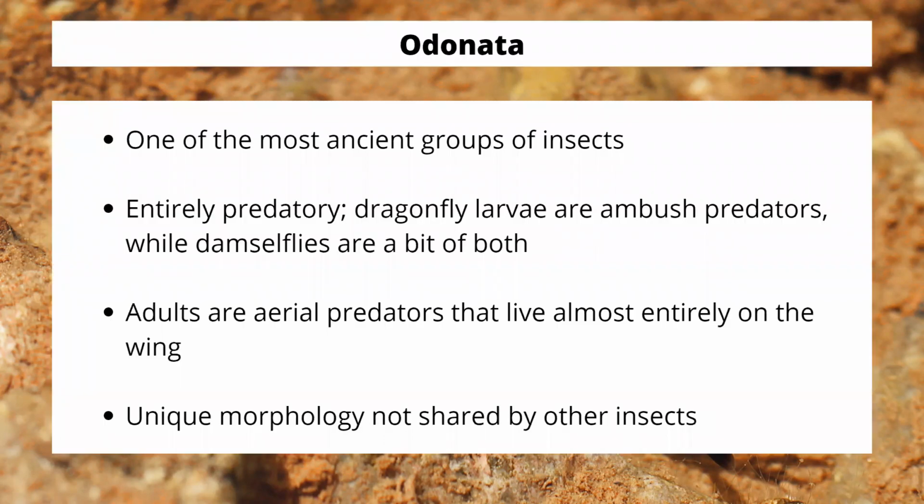So one of the interesting things about Odonata, just a few facts, they are one of the most ancient insect groups that we study. I'm sure you've seen plenty of things before, fossils talking about insects with 6-foot wingspans. This is our Odonata. This is the one that we are referring to. They don't get nearly as large now, thankfully. They are just still with us. They are entirely predatory, and the adults definitely feed. They are aerial predators that stick near water sources. And they have this unique morphology, this ancient morphology that's not really shared by many other insects.